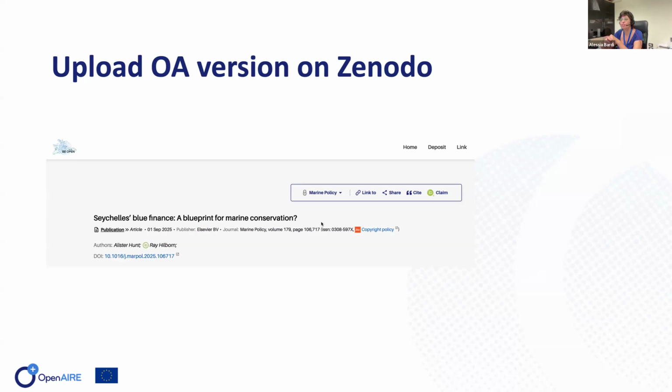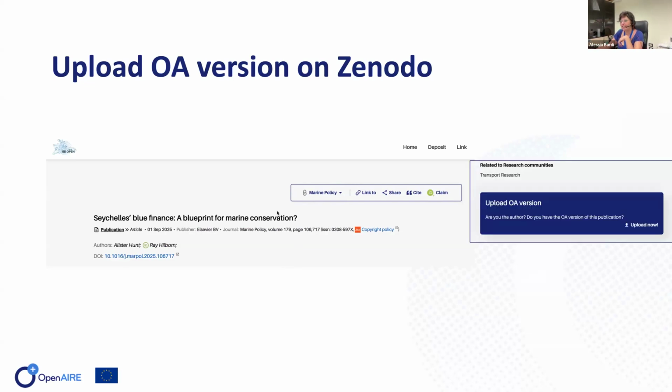So if you come across a publication that is closed, like this one, which is available via a journal, but it's not openly accessible, you will see the possibility to upload an open access version. So if you are an author of this publication, or if you have the open access version of this publication, you can provide an open access version so that also other people can access it. So if you click on upload now,